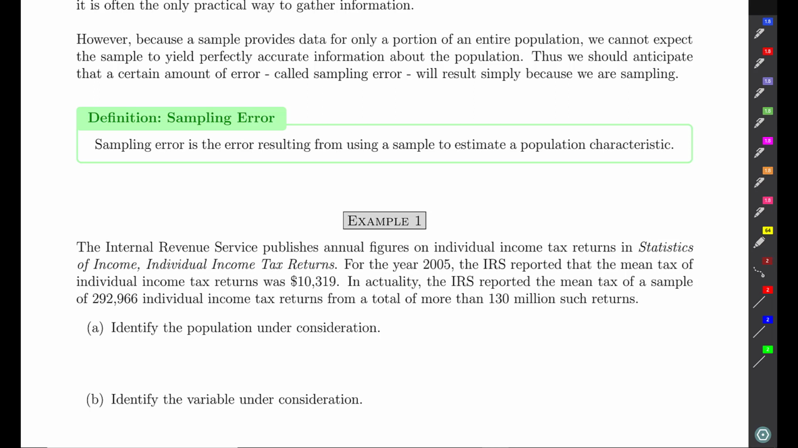So we're just going to identify a couple of characteristics about this particular question. For part A, it says identify the population under consideration. The population in this case, it's easy to say, oh, well, that's the U.S. population, but it's not the U.S. population because not every U.S. citizen files a tax return. The population under consideration in this case is actually going to be the individual tax returns